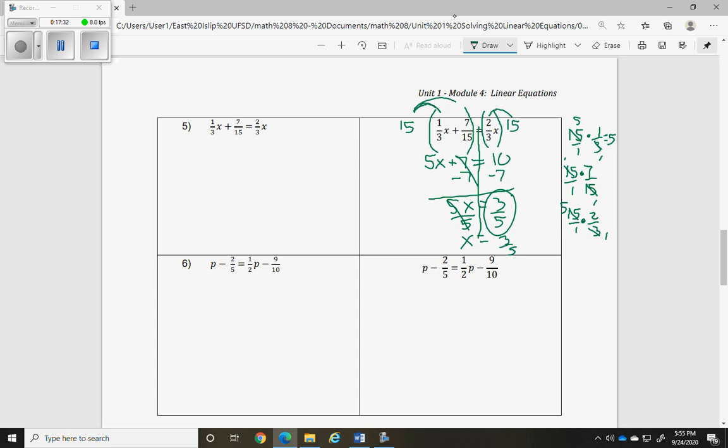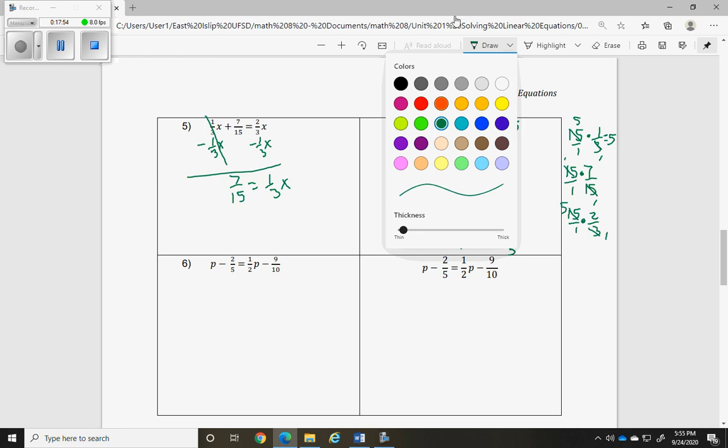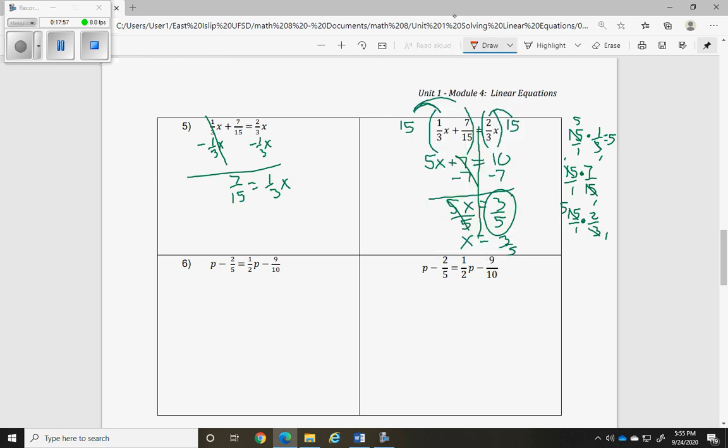I wouldn't want to do it any other way, I don't think. Right? If I were to subtract 1/3 x from both sides, I guess I can do that. Thank goodness there's common denominators there, because 2/3 take away 1/3 is 1/3 x. So this one's not so bad, I guess, to deal with the fractions. Remember my last step when I have a fractional coefficient, so multiply by the reciprocal, because the 3's go away and the 1's go away. And over here, the 3 and the 15 simplify. And I'm left with